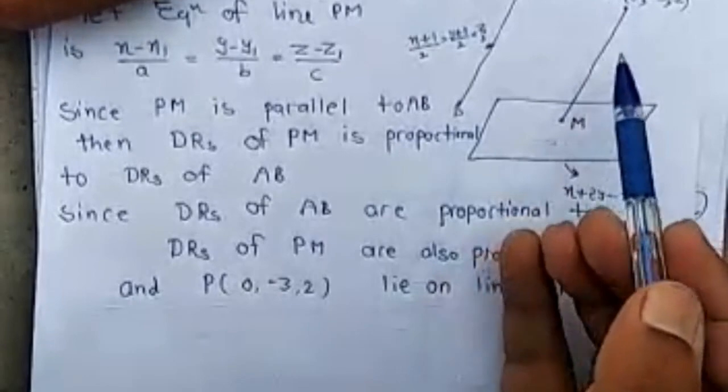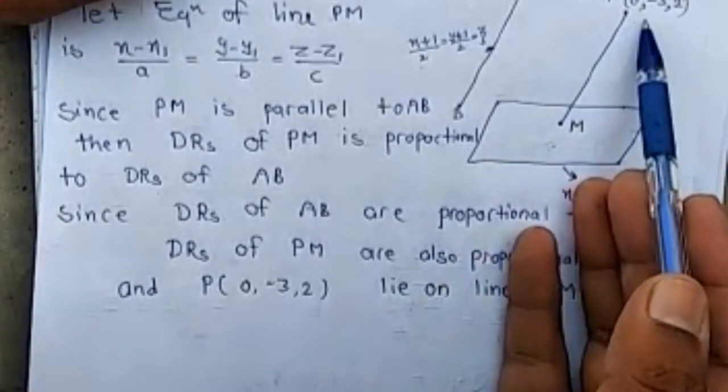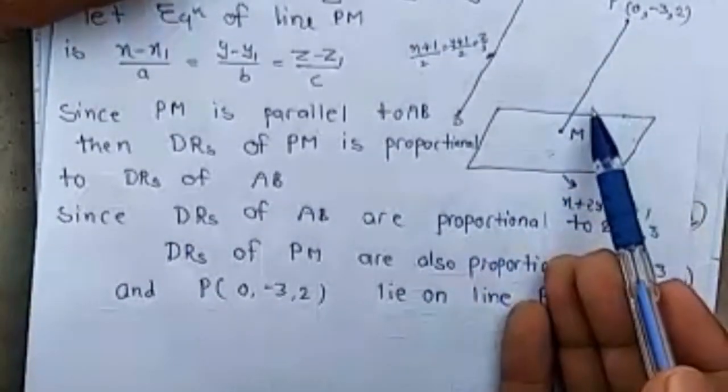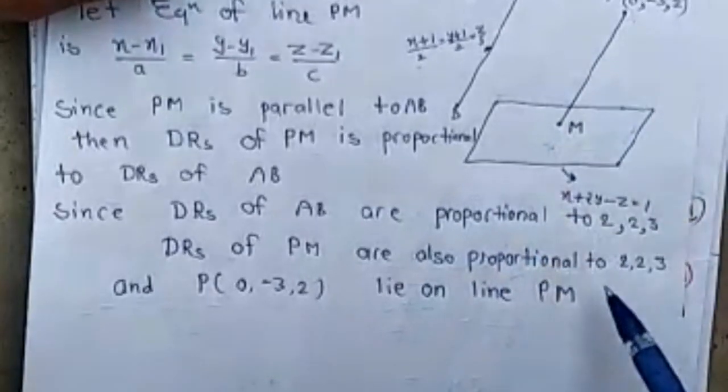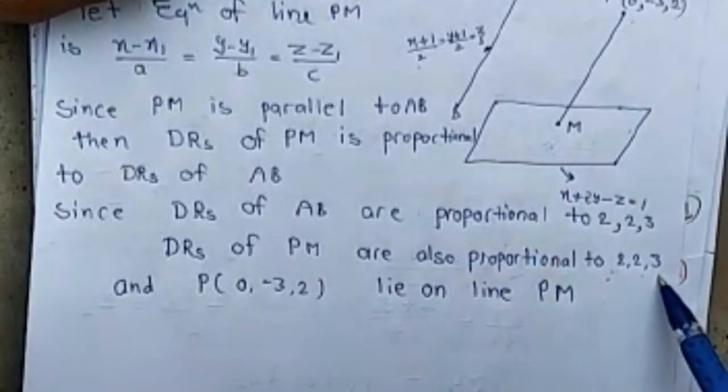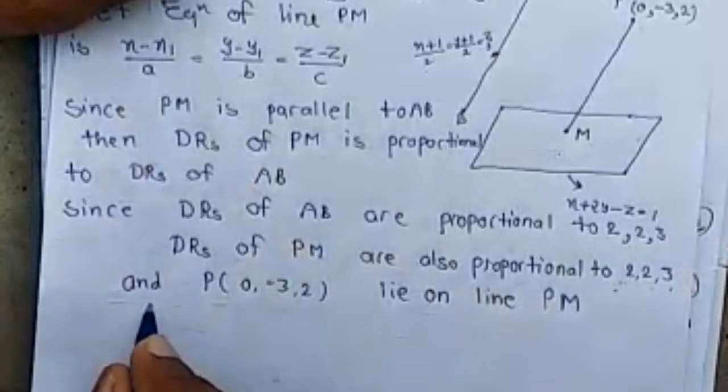Then we have a point P(0, -3, 2) on line PM, and its direction ratios are given, which is 2, 2, 3. Then equation of line PM